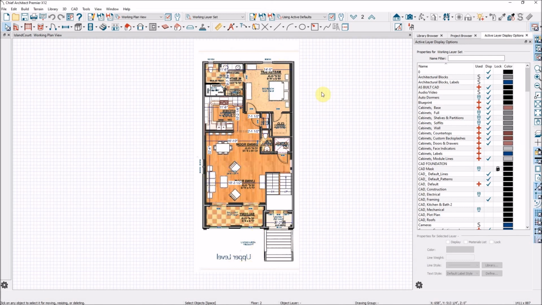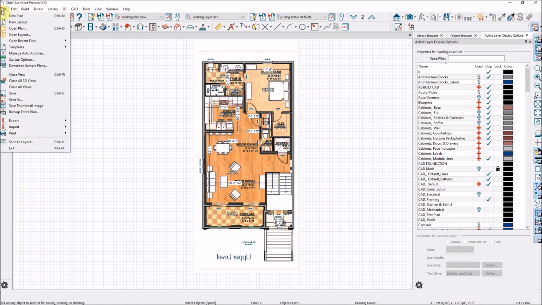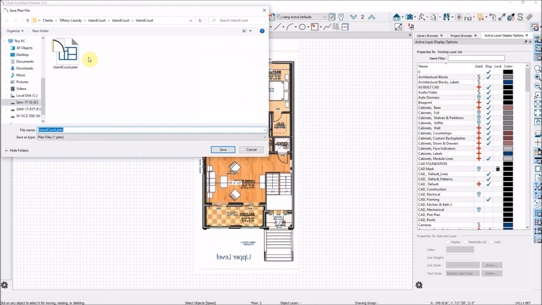See, it looks different now than when I had it, but it's showing all of my layers turned on and everything now, because this is the new file that I just saved. And it's pulling from that file folder. So you have to open it up from within that file folder to start with. Now that it's open and it's in my version of Chief, I can save it within and continue to work from within that folder, depending on your organization, how you've got things. Now, if you save it as a new plan onto your machine,